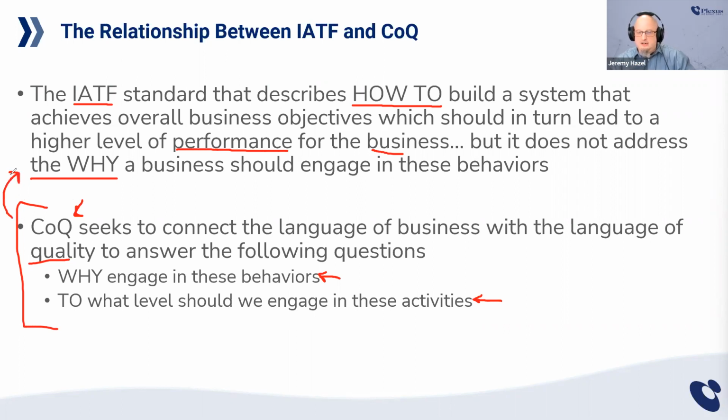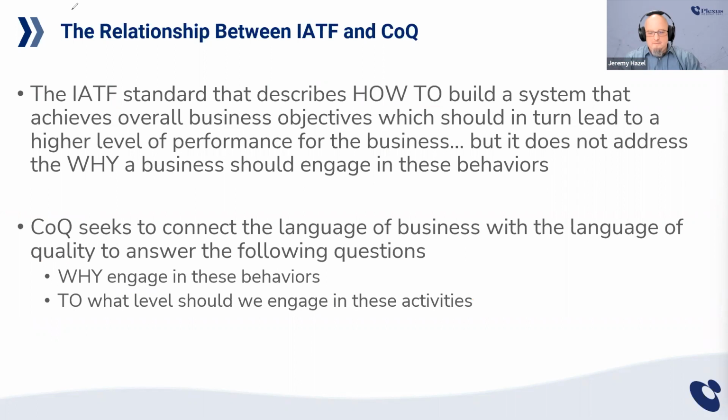in which we should engage in those to an area which makes us, how do I put this? Responsible, right? The idea is to spend responsibly to achieve that level of satisfaction to an acceptable level. And so these things are connected. They're not separate. One dictates the how-to, the tactical playbook. The cost of quality says, this is why, and to this level. And so these two things actually work very harmoniously if we try to stop separating them.